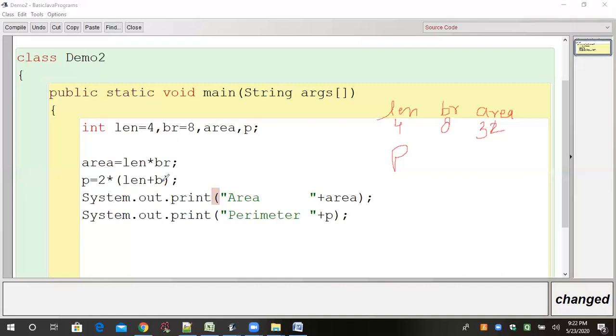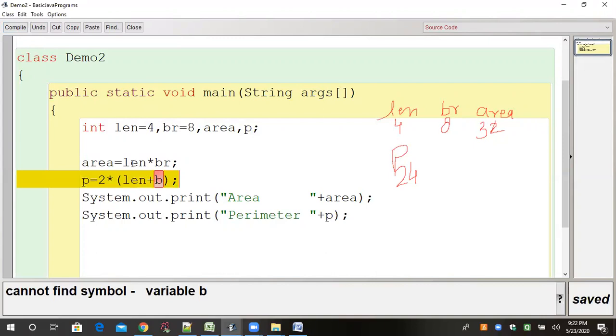So len plus b, 8 plus 4, how much? 12. 12 into 2, 24. Answer is 24. Okay, fine. So now I just want to execute this program and we'll cross check our dry run.